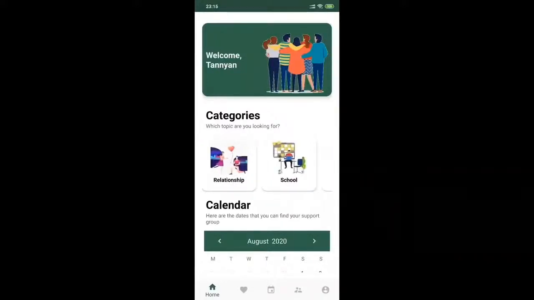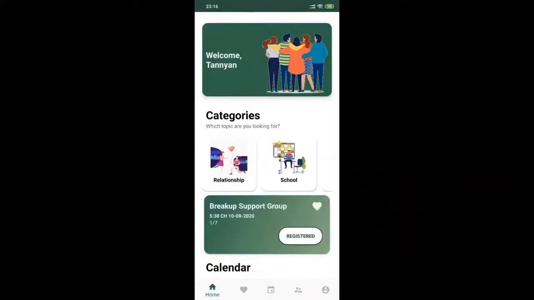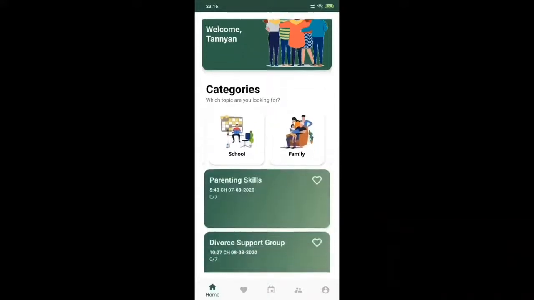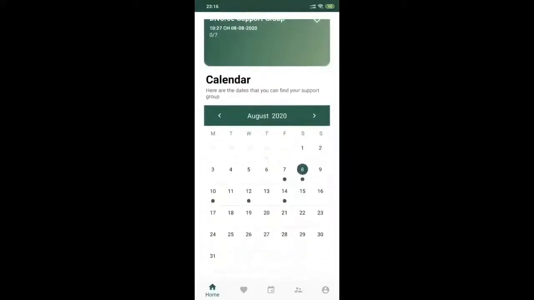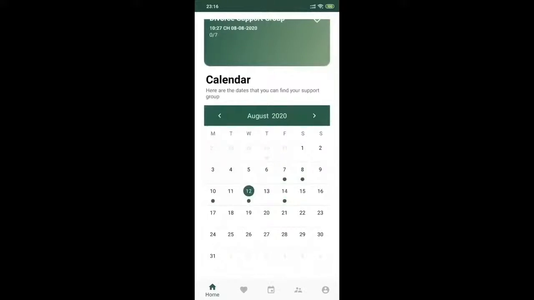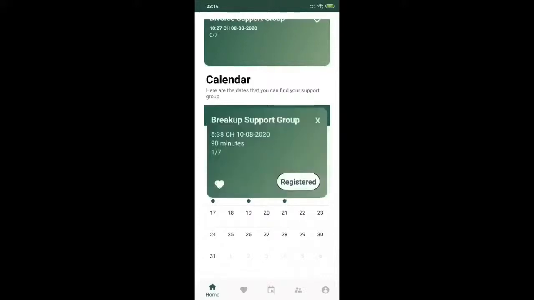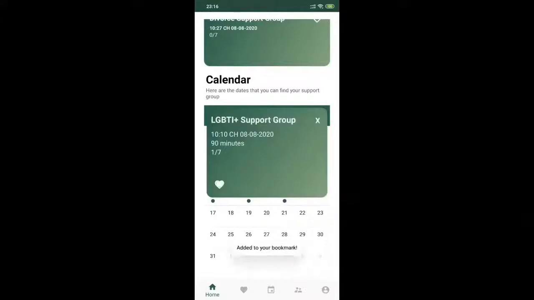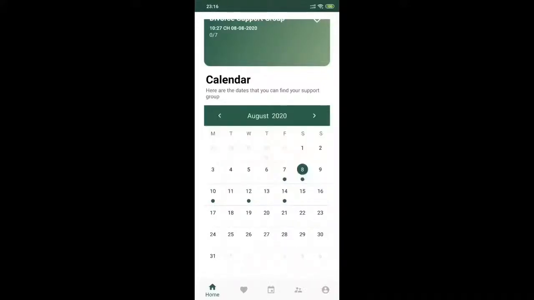With the first way, after choosing the topic of interest, users will see support group sessions related to that topic on different days. In contrast, in the calendar section, users can check to see which support groups take place on a particular day. All information in both ways includes the topic's name, the date and time of a meeting, and the number of slots registered. Users can also click on the heart in the corner to turn this information to favorites